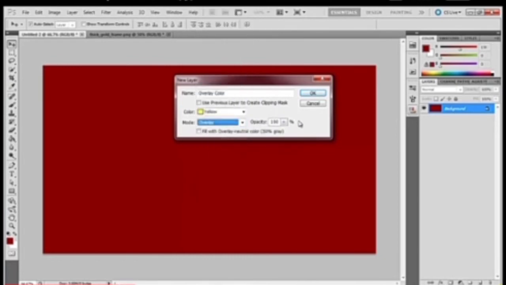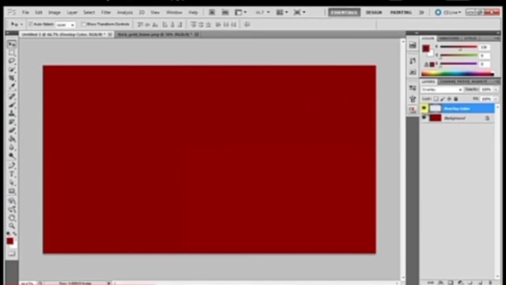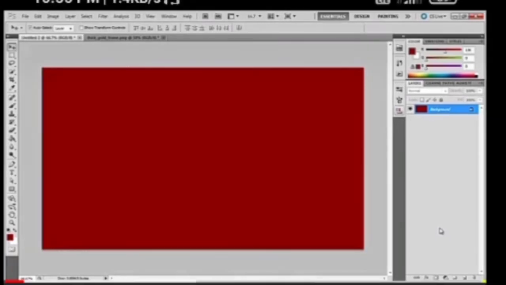Write the name of the layer and then click on OK. The new layer has been added. As you can see in this layer panel, the new layer has been added here. So this is how we add a new layer. The shortcut key to add a new layer is shift plus control plus N.